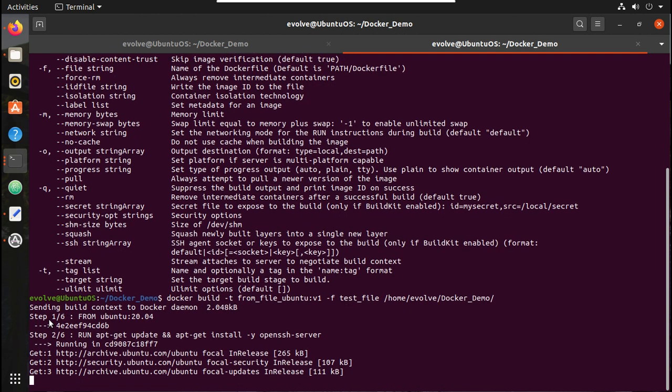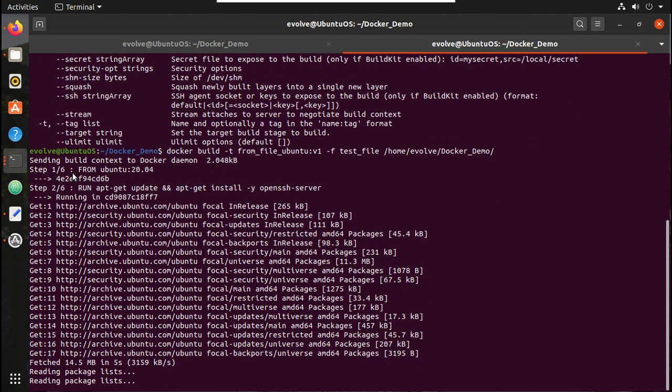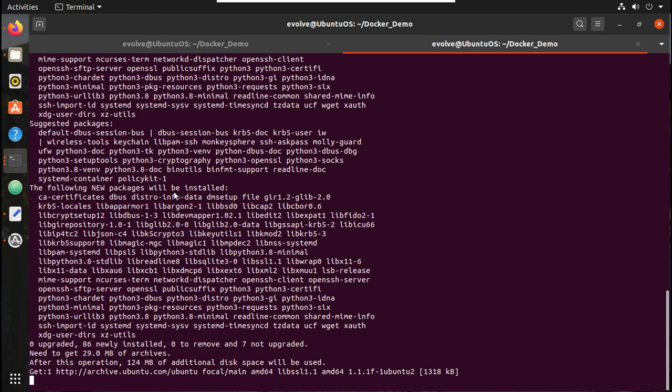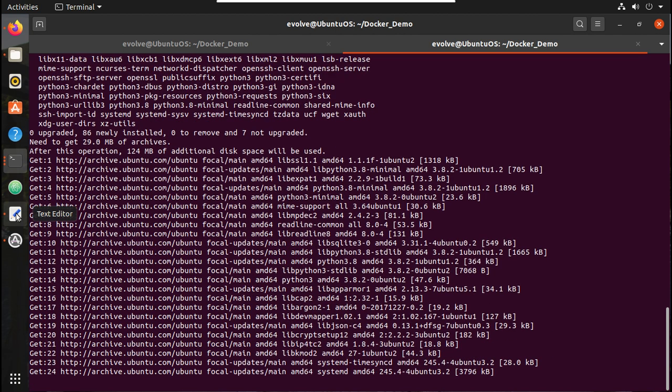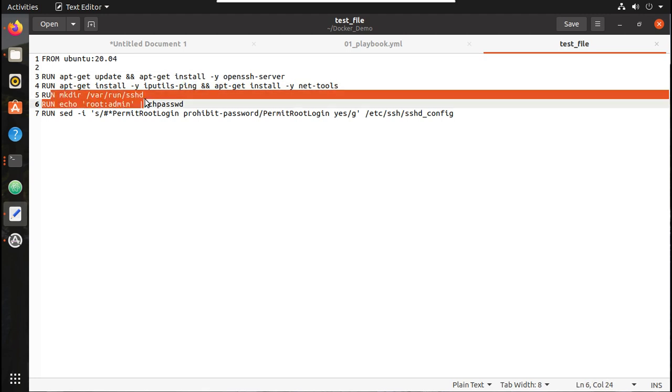You can see here it is executing step by step. It first executed the pull command, then it will update the software, then it will install OpenSSH server, then iputils-ping, then net-tools, then it will enable SSH access.